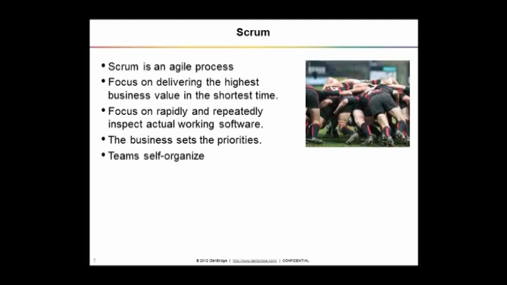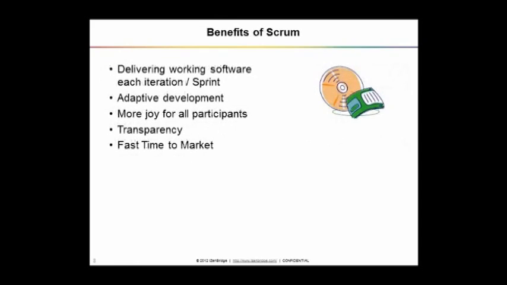And in this process, business talks about the priorities, and the team self-organizes to deliver the given priority. So they balance: the business tells that this is important, and the team finds out how much and how best they can deliver that part of the requirement. And there are a good amount of advantages. If you follow Scrum, we get working software at the end of each iteration.